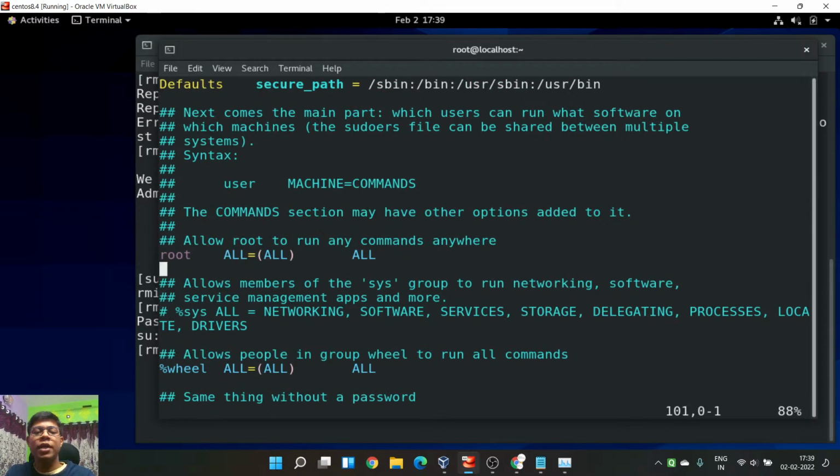So what I can do here is write that there is one user called Armita. I want that user to be able to run all the commands. So this is the symbol, and give one space, that will work. You don't need to give four spaces, but just to make the formatting clear, they give four spaces. You can give one space also. So what I did actually, I said that there is one user account called Armita, and I want it to run all the commands with having the power of root.